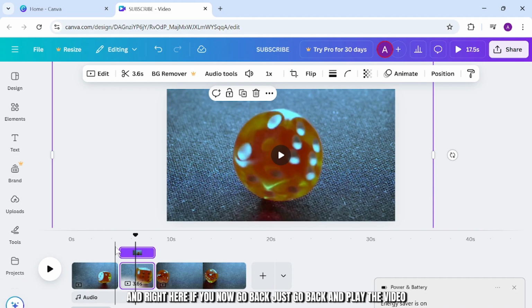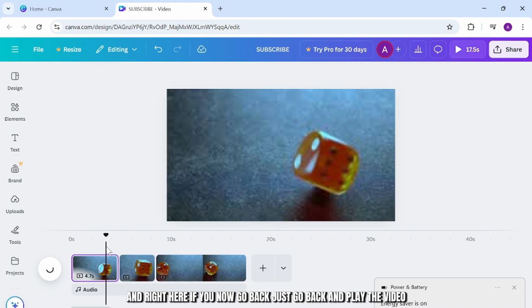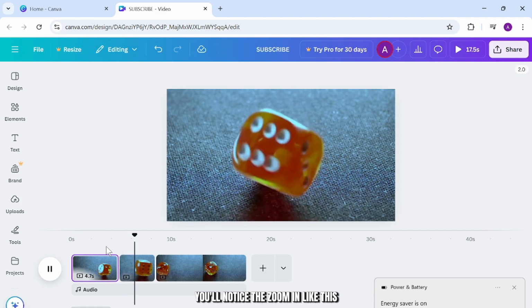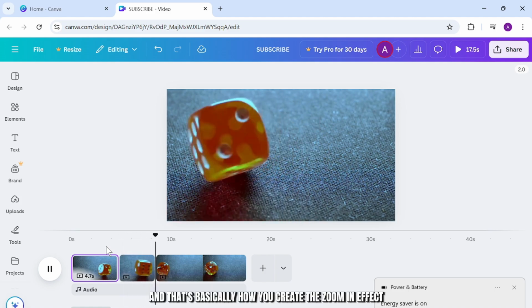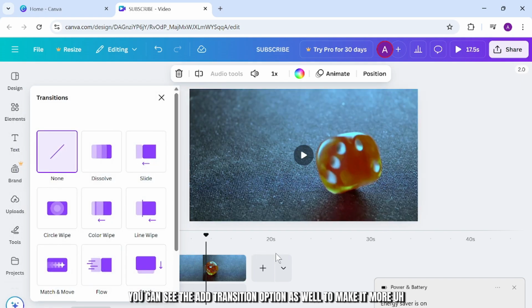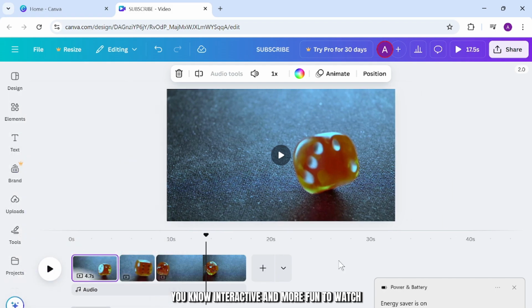And right here, if you now go back and play the video, you'll notice the zoom in like this. And that's basically how you create the zoom in effect. And yeah, you can now add transitions between here. You can see the add transition option as well to make it more interactive and more fun to watch. And that's basically how you do this